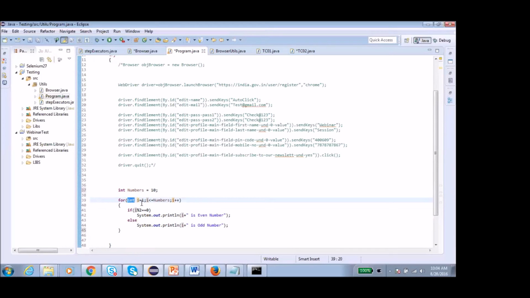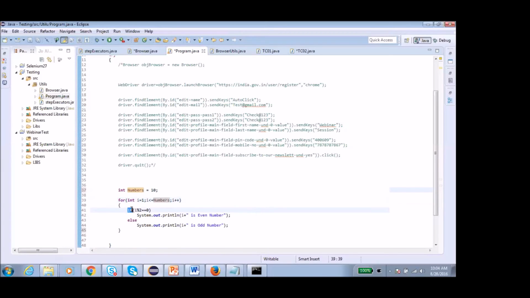From where do we want to start this for loop? I want to start from 1, and up to the limit numbers, whatever value it stores. i++ means it will get incremented by 1. If we write i--, it will get decremented by 1.